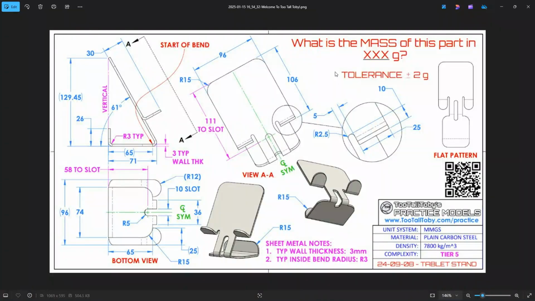Welcome to an IronCAD tutorial on Toby's practice models dated 9/8/2024. This is a tablet stand that's going to be done in sheet metal with a wall thickness and bend radius